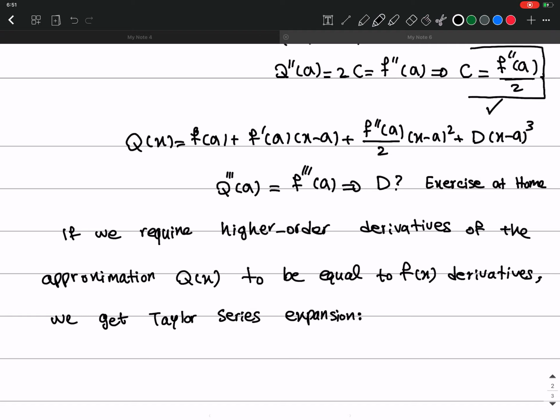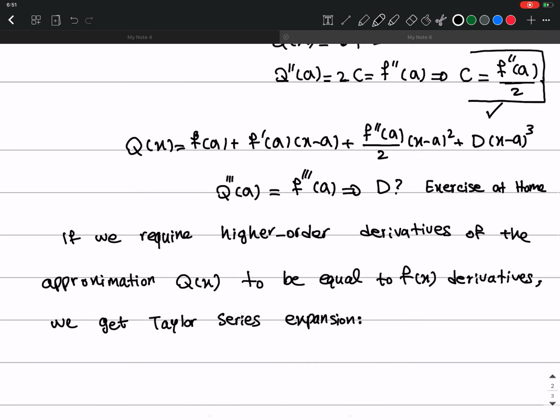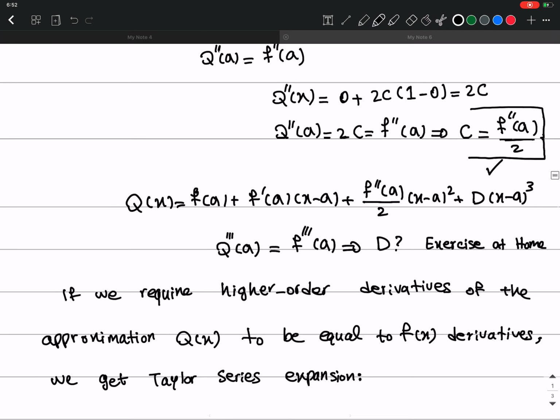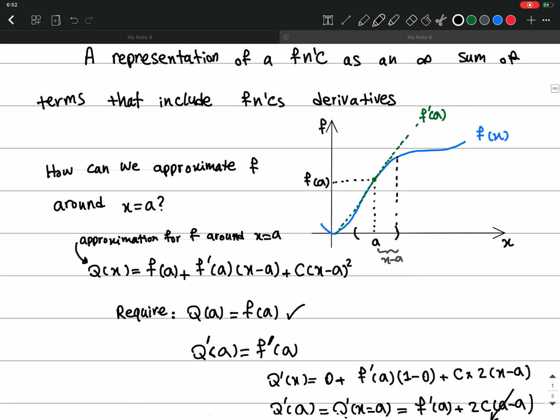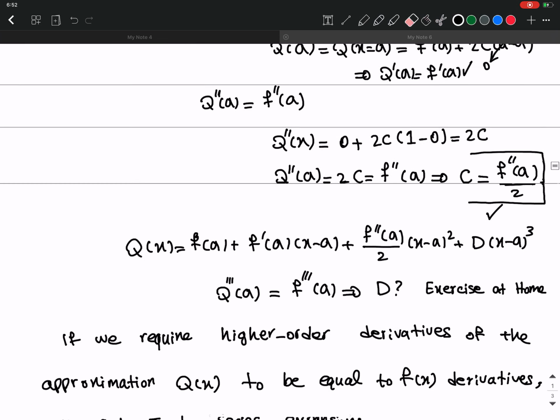So I'm going to write the general form of that. Instead of Qx, which is an approximate function, I'm going to write fx. And the reason for that is if you keep doing all of these derivatives until infinity, you can prove that this Qx is going to equal fx. And the reason why? Because you are making sure that all the derivatives of the approximation function Qx equal all the derivatives of fx. So the only way that these two can equal each other is that Qx equals fx. So Qx has to be exactly fx in order for all of its derivatives to equal those of fx. Okay,